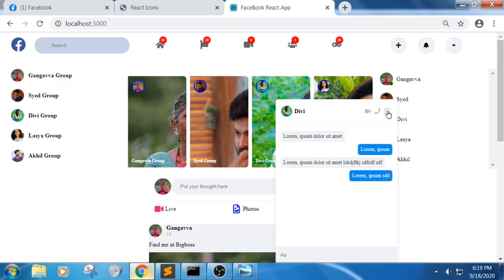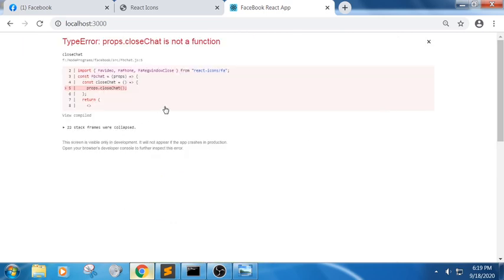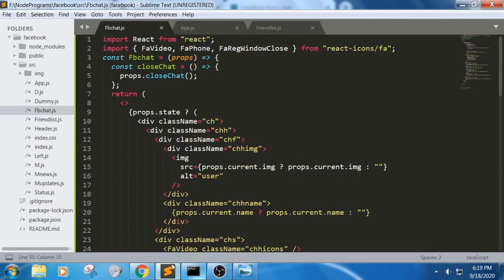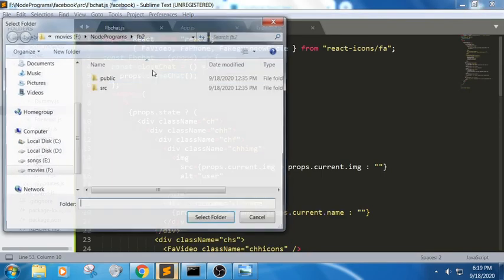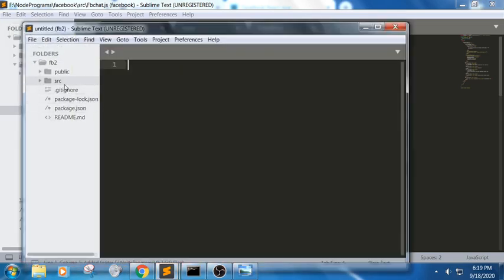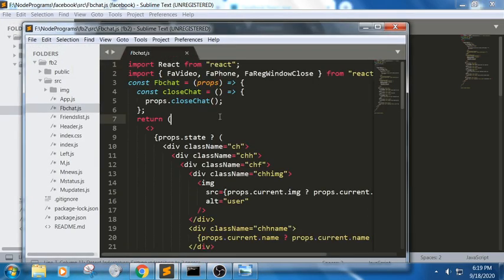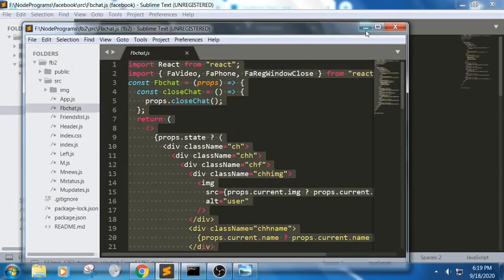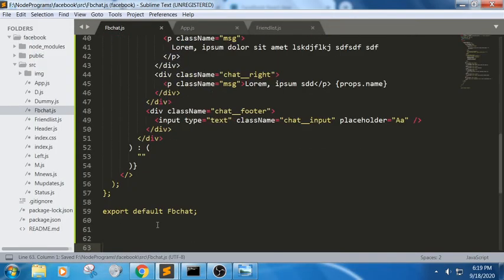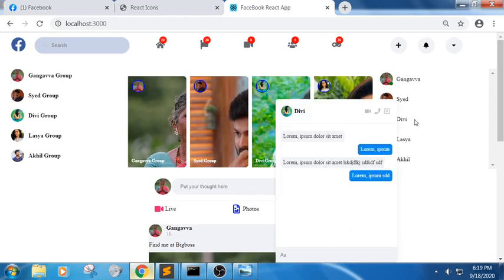When I'm trying to click on this wrong icon, it is not able to close. fbchat.js. So what snippet have I copied? Was it right? Open. Let me check my previous workspace. I have done the same snippet here also,